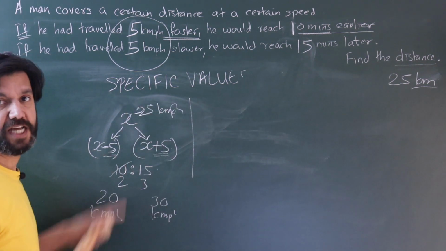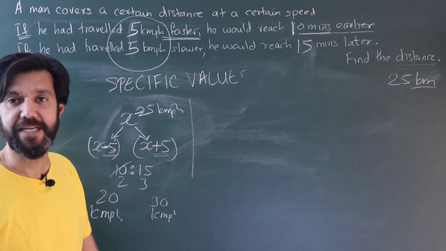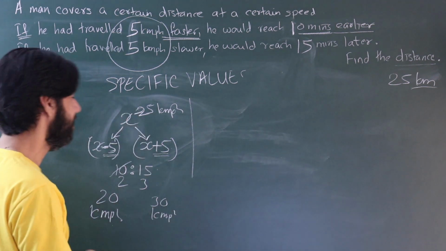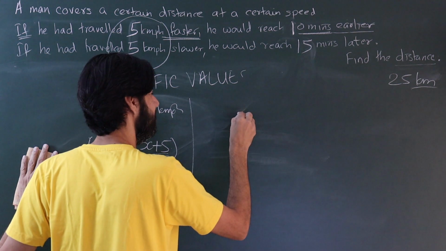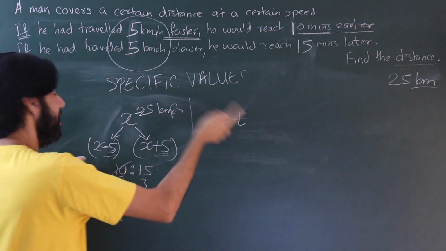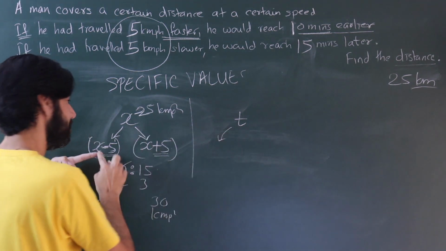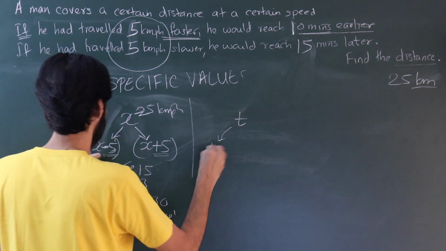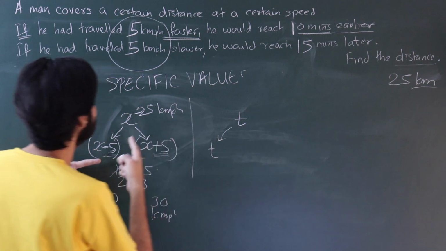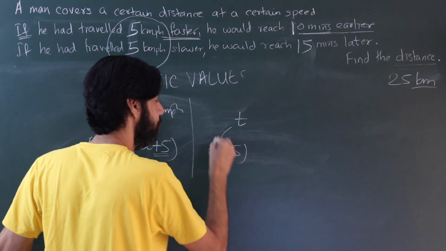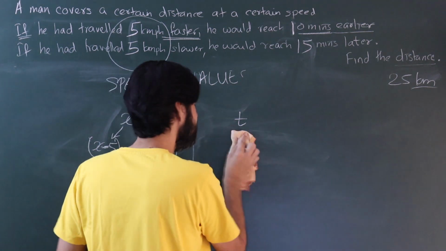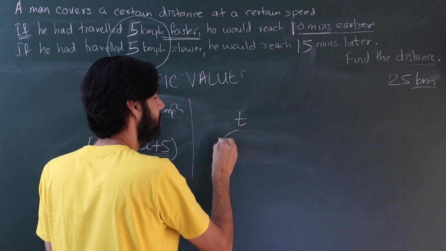No equations, nothing. You can do all of this in your mind. And a fun element here is the time. Pay attention to this, the time. Here the time is fast. I'm going slower, I'll take 10 minutes more. Slower, I'll take 15 minutes more. In fact, don't even think which is which. Let's just go ahead with this order only.